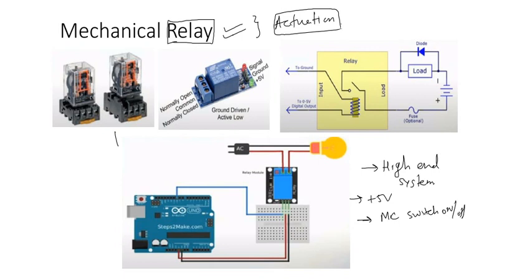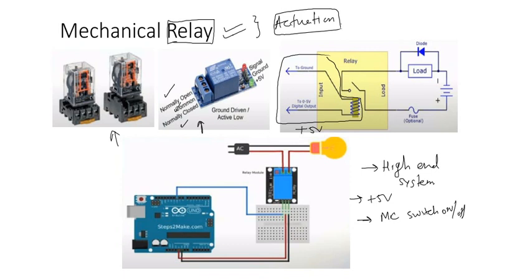If you see the diagram of a relay, it comes either in a transparent casing or in a shield casing in which we can't see anything inside, but it contains three pins: normally open, common, and normally closed, right? If you see inside, the circuit looks like this. This part is connected to the Arduino, which is governed by a 5-volt power supply, and this part operates the 230-volt high-voltage supply.